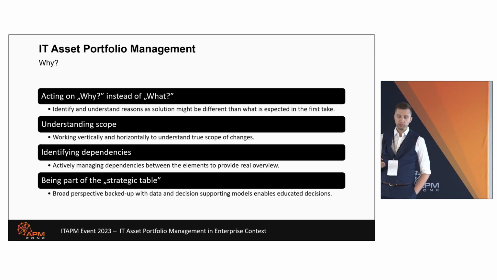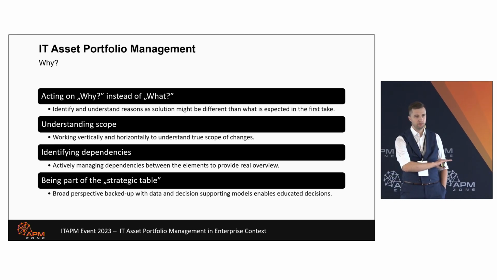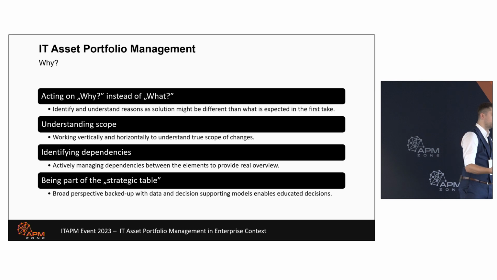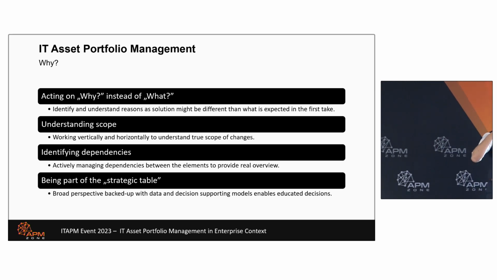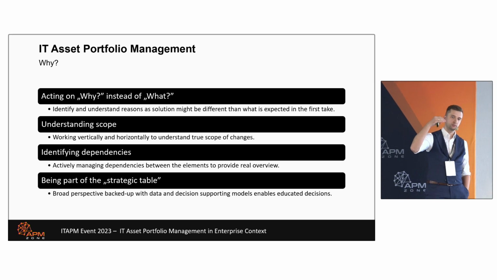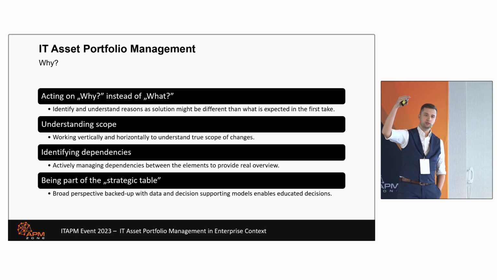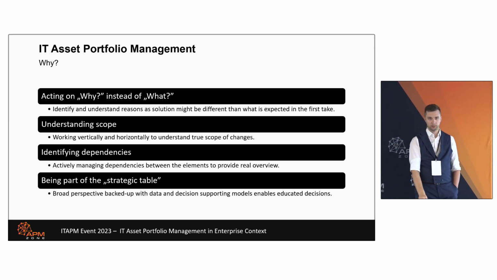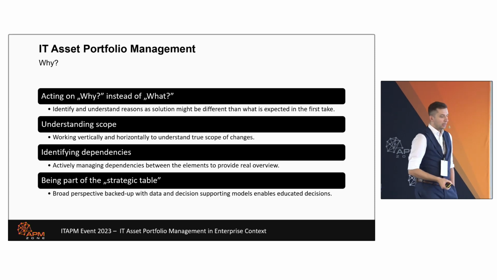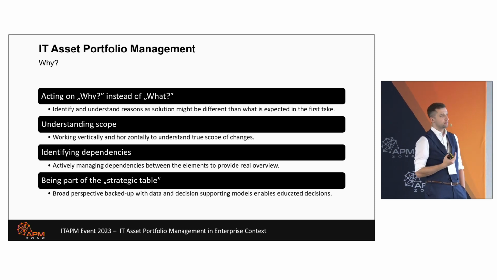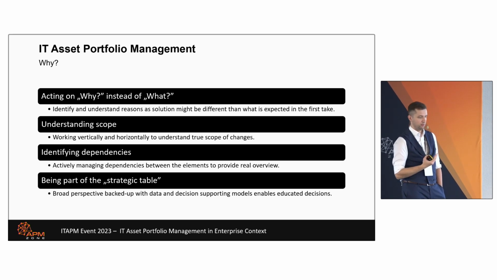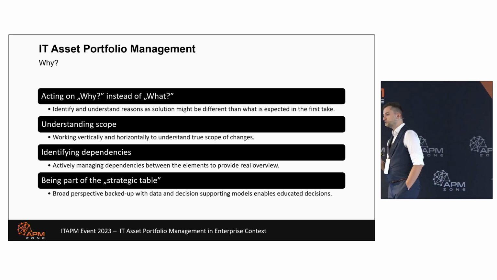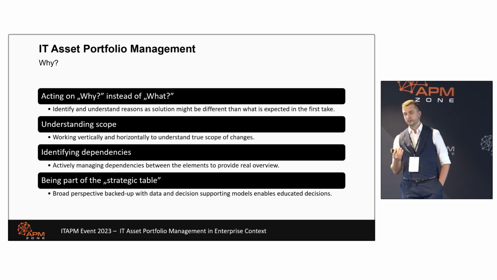So it's also looking into dependencies, but on different levels, because you can start from the very basic ones, which is very complex as well. The network, what is connected with what in the environment. But then you have the next layers, which systems, which services, which capabilities, which strategies, because then if you actually are interacting with something at the top, then it influences everything at the bottom as well, and the other way around as well. And the last but not least, that's, as I see, the way of actually becoming the part of the strategic table. It will not imply you a ticket to decide, it will not give you a mandate, but it can make you a partner.